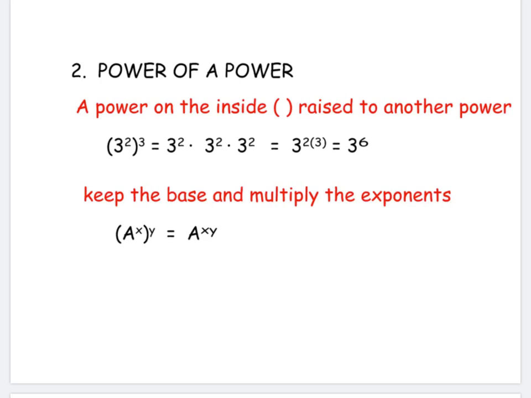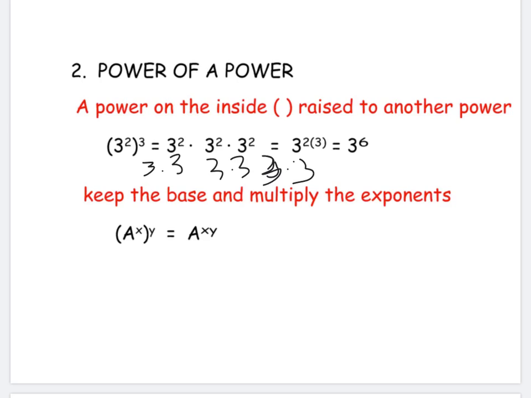The second property is the power of a power. Notice that you have an exponent on the inside of parentheses, and that entire thing is being raised to another power. So what that would really mean is we take the base, which would be 3 squared, and we'd multiply it by itself 3 times. It would be 3 squared times 3 squared times 3 squared. 3 squared means 3 times 3, so it'd be 3 times 3 for the first one, 3 times 3 for the second one, and 3 times 3